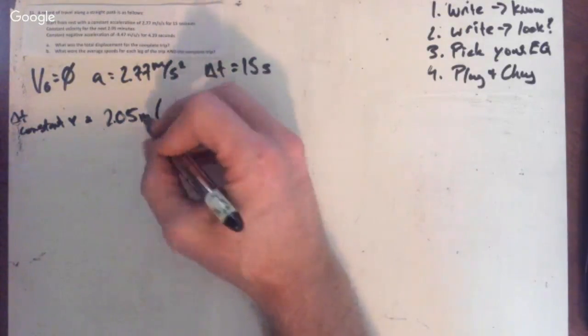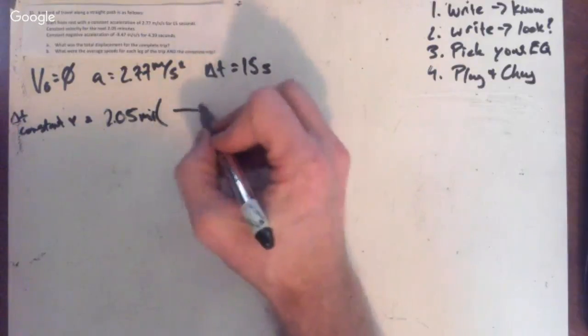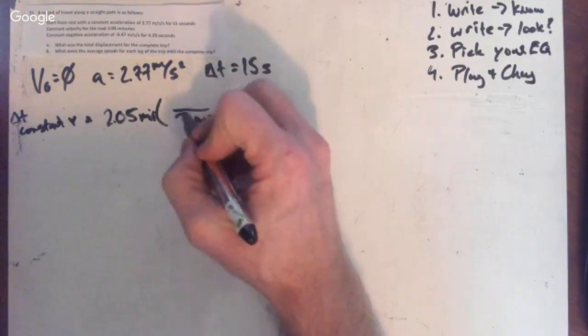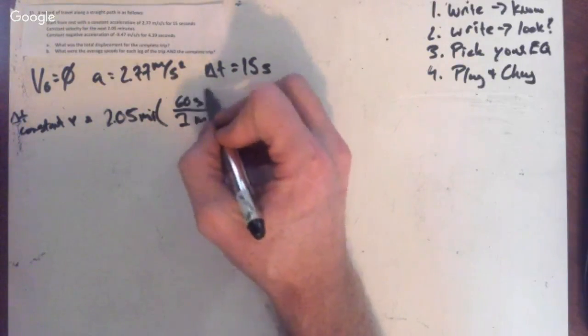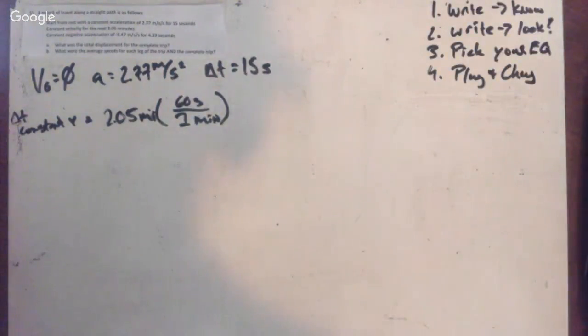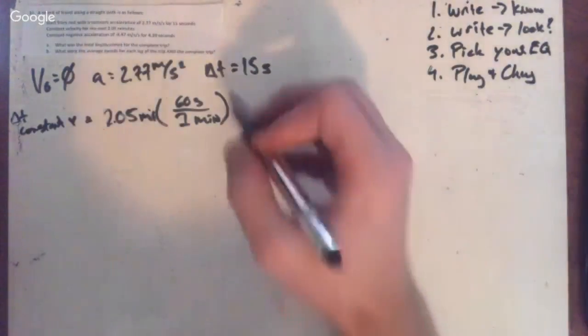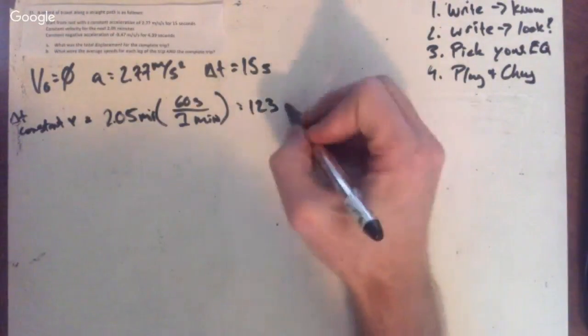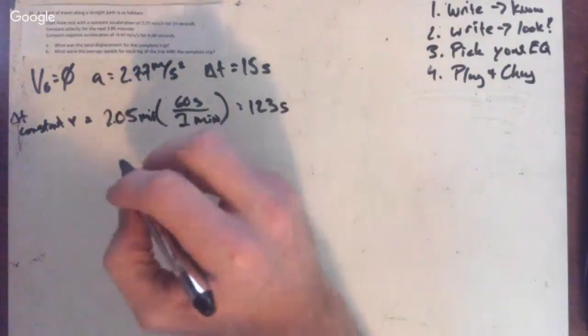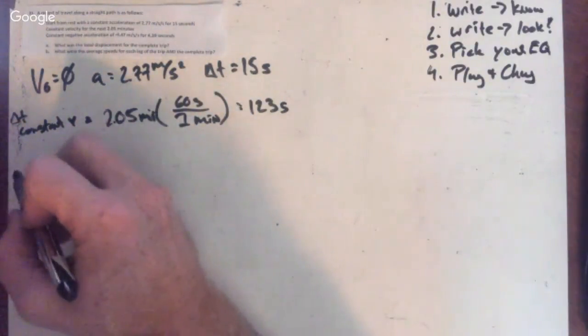Let's go ahead and convert that right away. So we need minutes down here on the bottom. For every 1 minute, there are 60 seconds. So 2.05 minutes times 60 seconds is 123 seconds. Next, constant negative acceleration